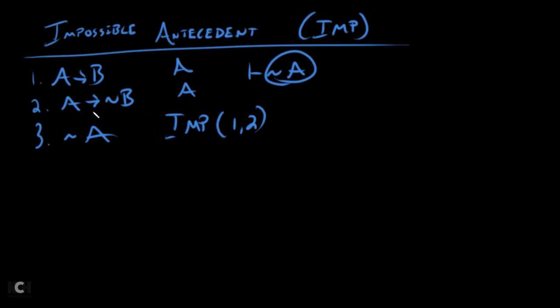if you've got something on the left side of an arrow and it leads to something and it also leads to the exact opposite thing, that left side of an arrow is not happening. Okay? Let's take a look at the next one. All right, let's take a look at